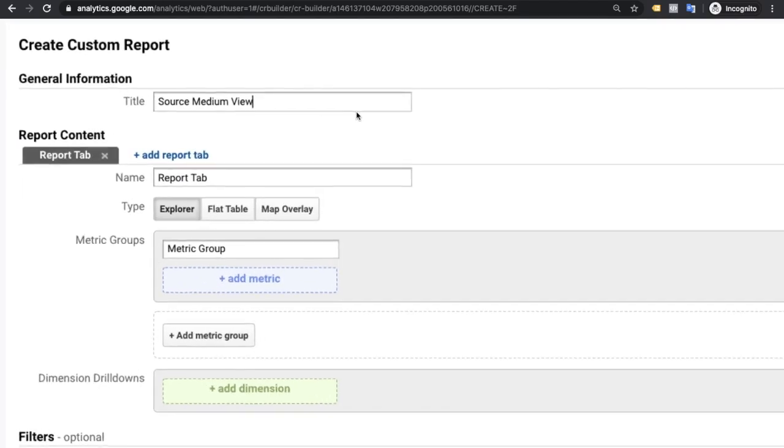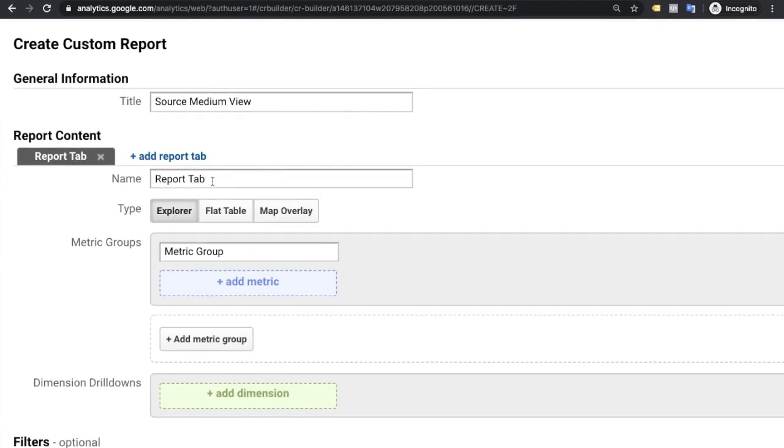View. Name the report tab. Suppose I mention source medium report tab.